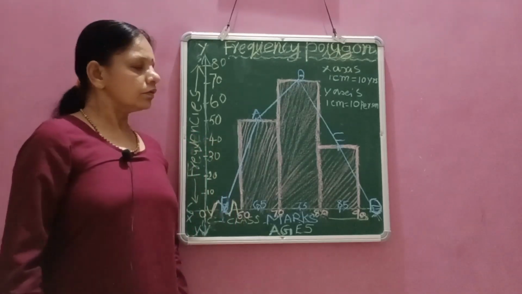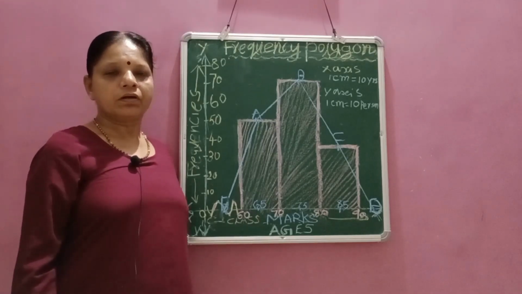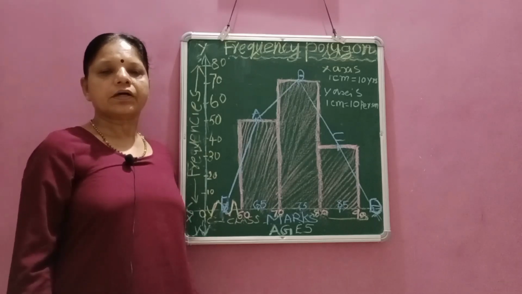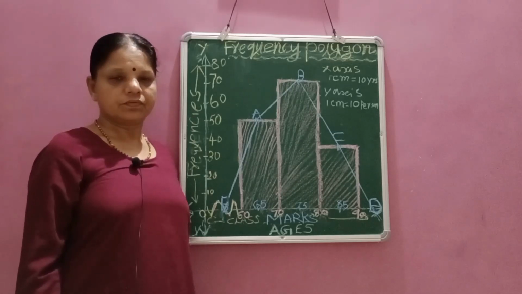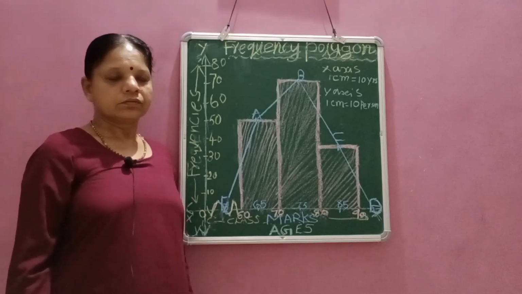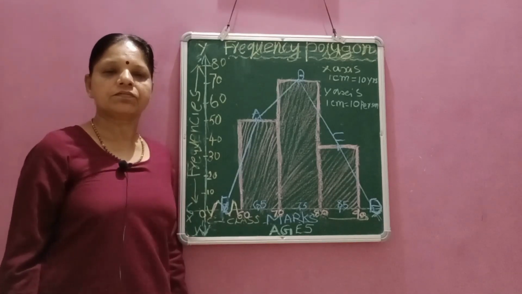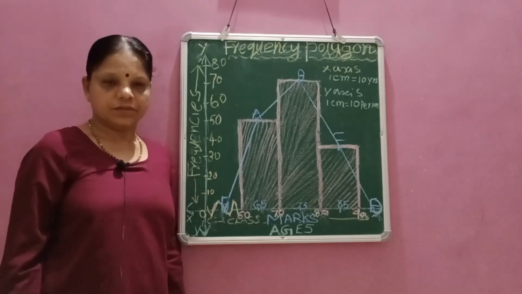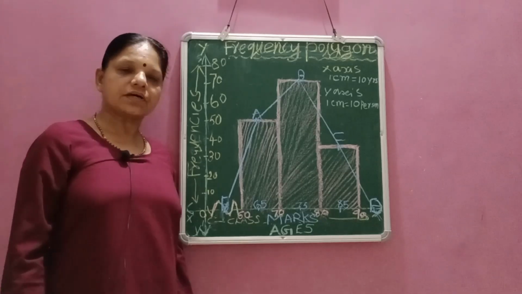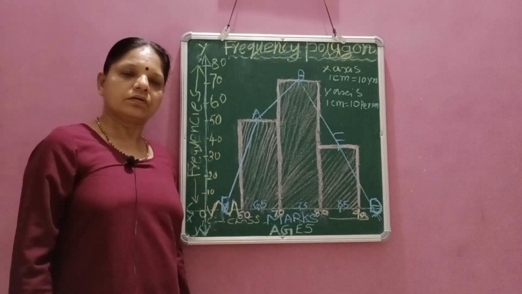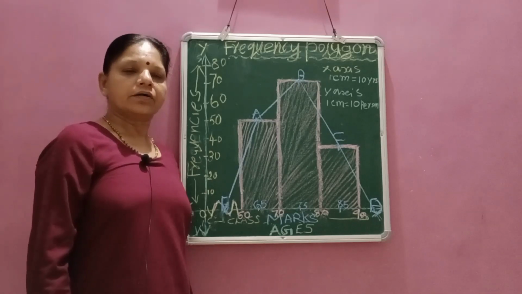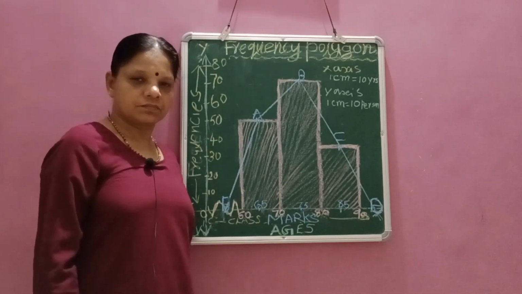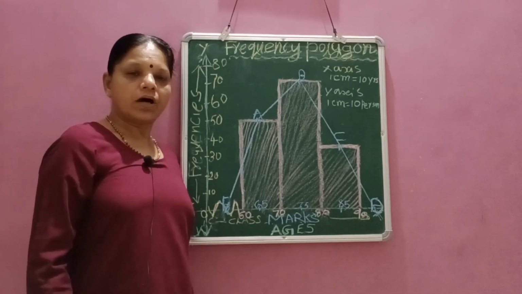So here, frequency polygon is the graph between class mark and frequency. What is class mark? The average value of the limits of the class interval. So on the x-axis, class mark is distributed and on the y-axis, frequency is distributed. And mark the points,